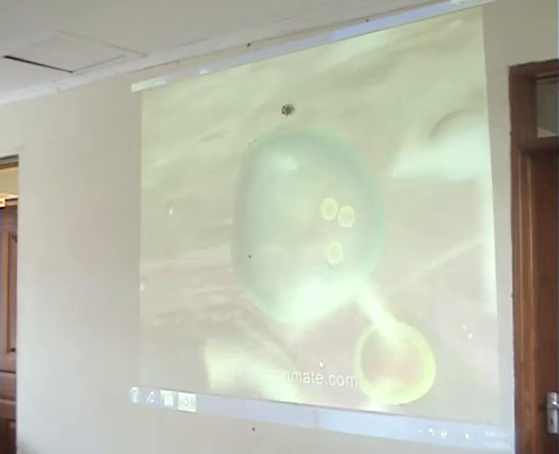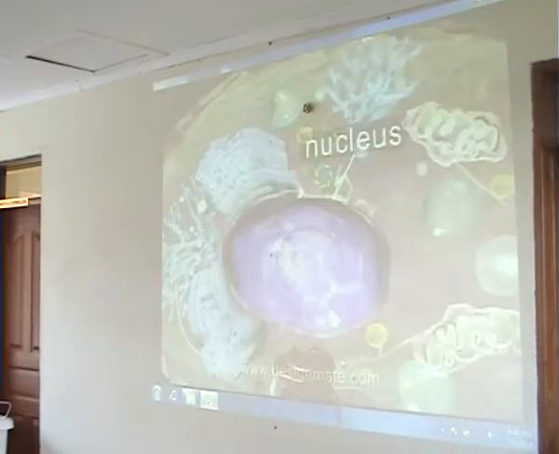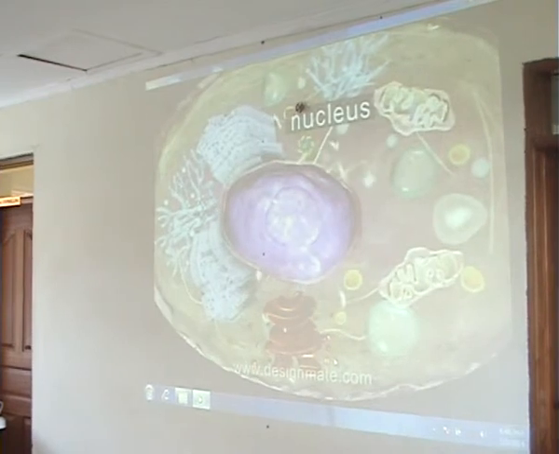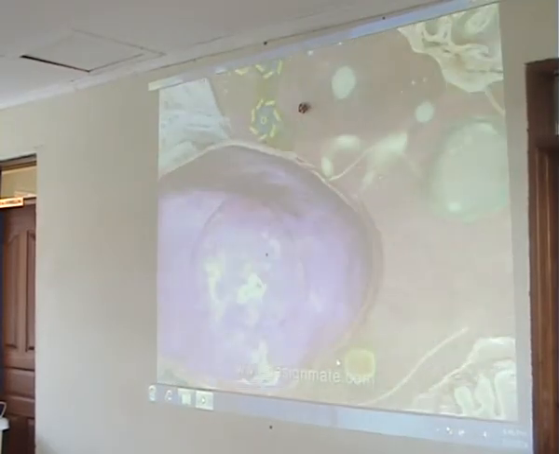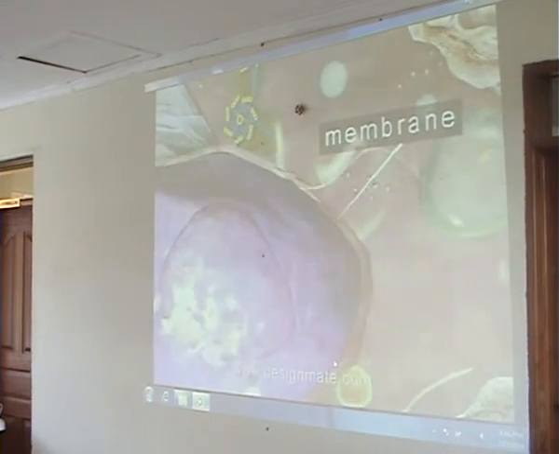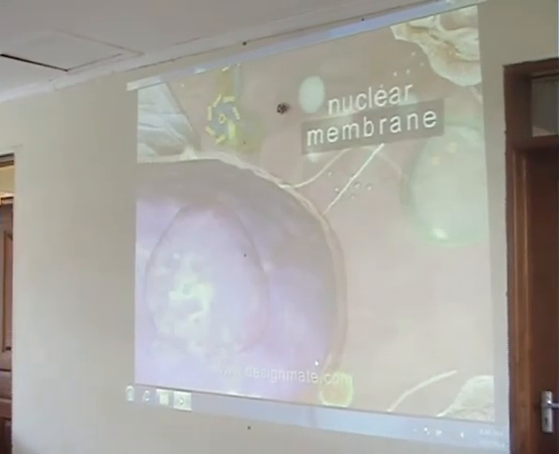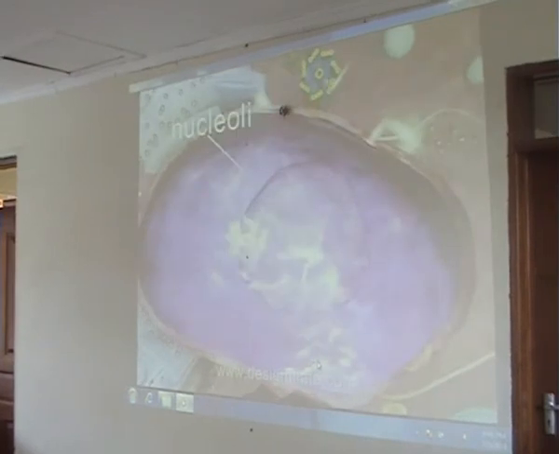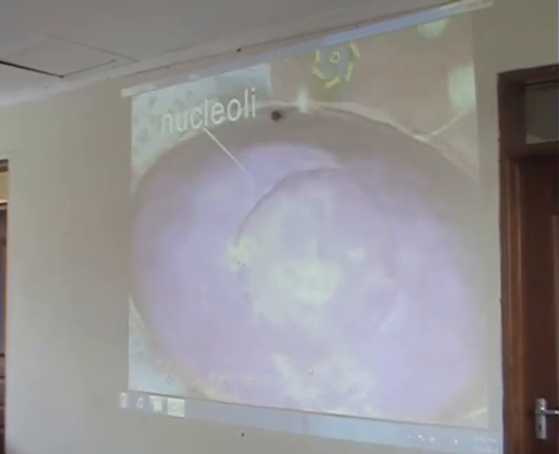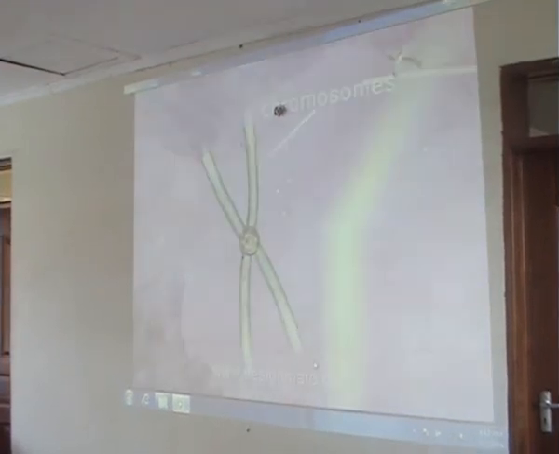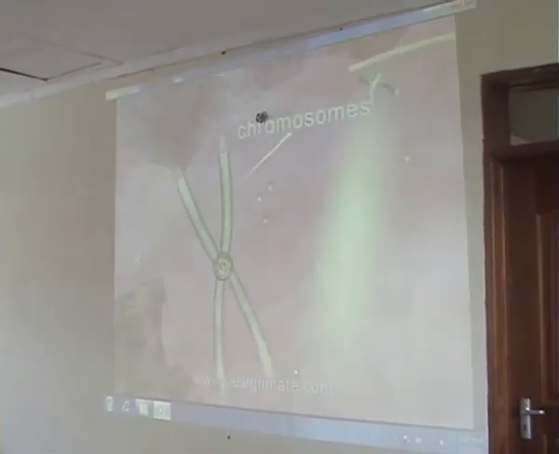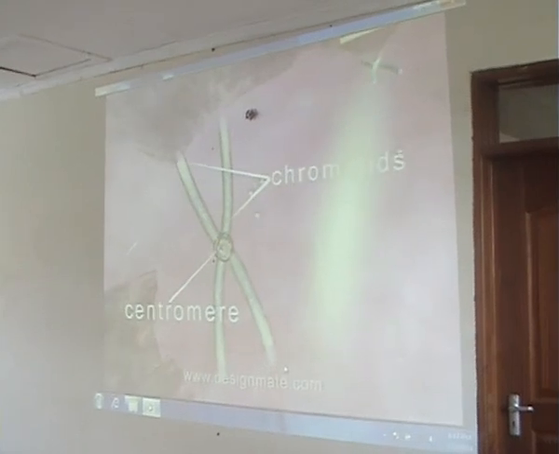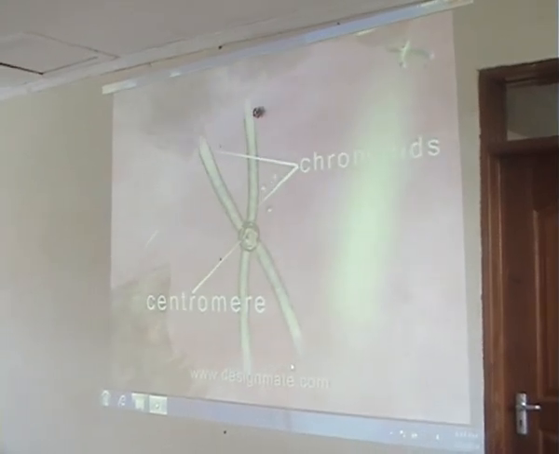Normally, the nucleus is in the center of the cell. It is the main organelle which controls all the activities of the cell. Around the nucleus there is also a double membrane similar to the cell membrane, known as the nuclear membrane. There are nucleoli and chromosomes in the nucleoplasm. In each chromosome, there are two chromatids joined centrally by a centromere. Genetic material DNA remains in the chromosomes, which is responsible